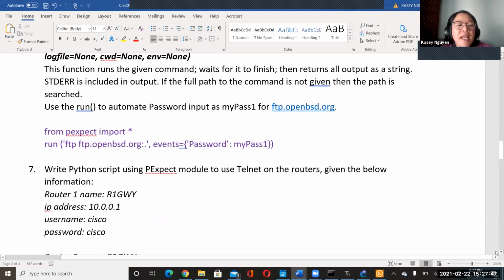Any question with that? So in place of spawn, you can use run. And in the text, the author mentioned that. Also, if you look at resources online, you will find stuff on how it's used.